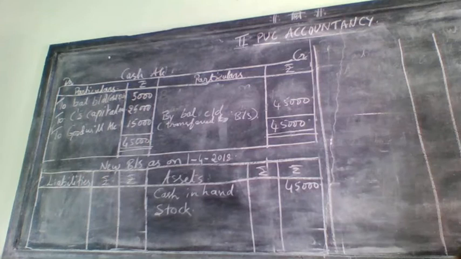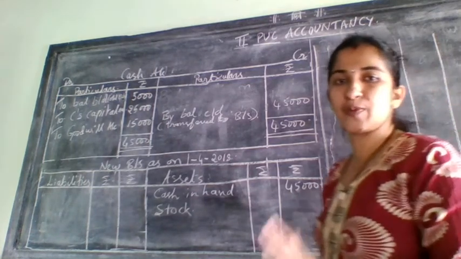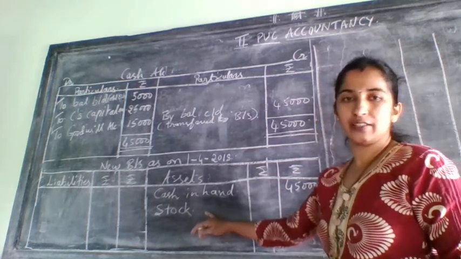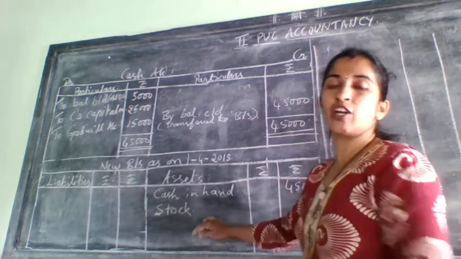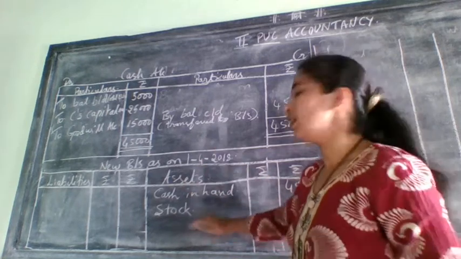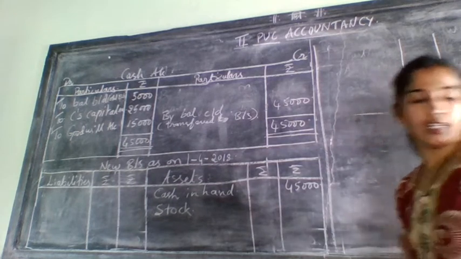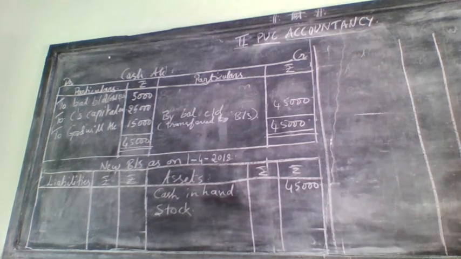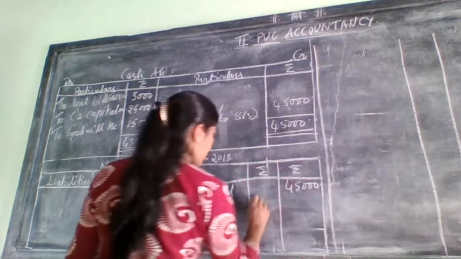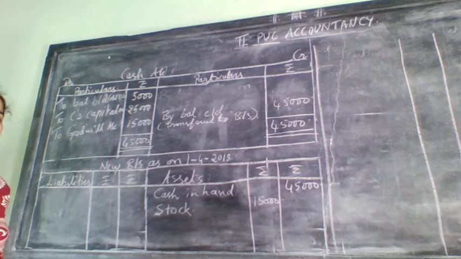15,000. For that you check your revaluation account. See, it is easy for you to see whether there is an adjustment or not. Check here. Check your revaluation account. Whether the stock you have written in the revaluation account, definitely there is an adjustment for this and you need to write it in the inner column. Okay. So here stock they have given 15,000. Stock 15,000.